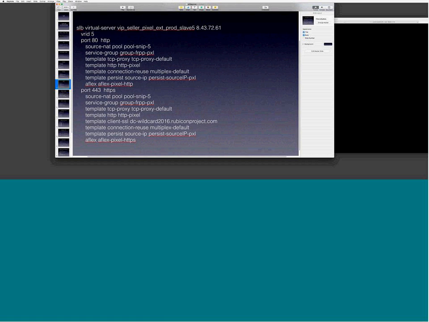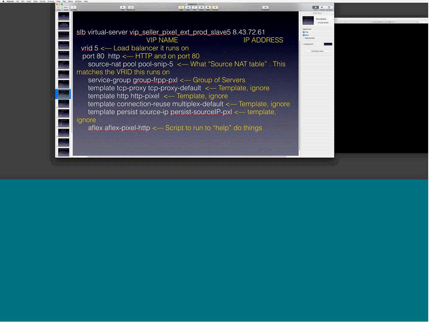We give it a name. This can be whatever you want it to be, but it has to be unique. And you say an IP. So basically this VIP, seller pixel external prod slave 5, is 843.72.61. Like I said, this is the VIP name. This is the IP address that it runs on. This is going to be talked about in the next